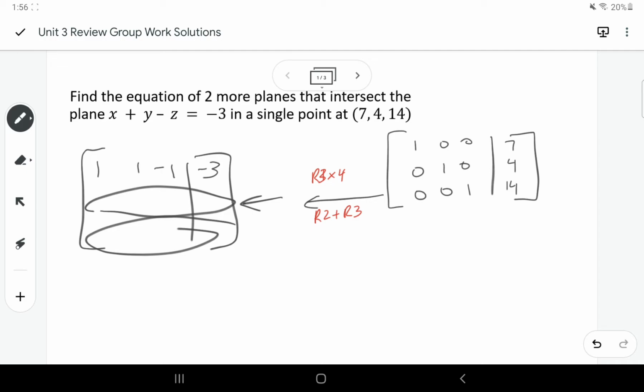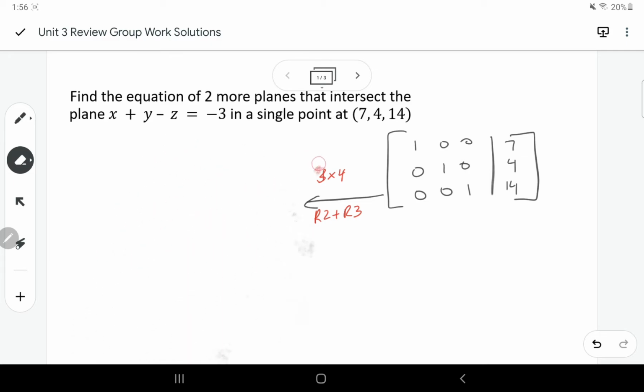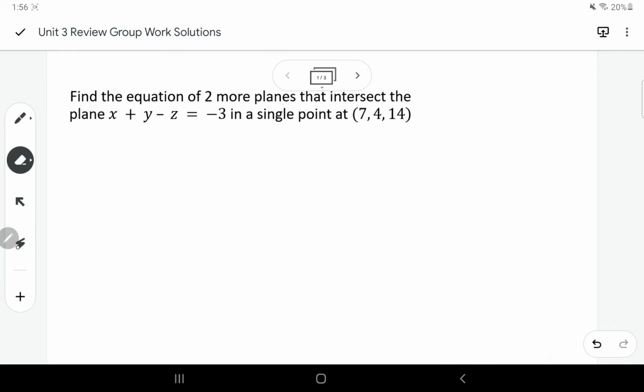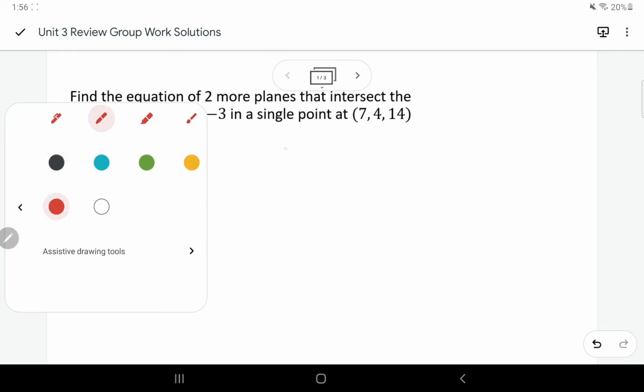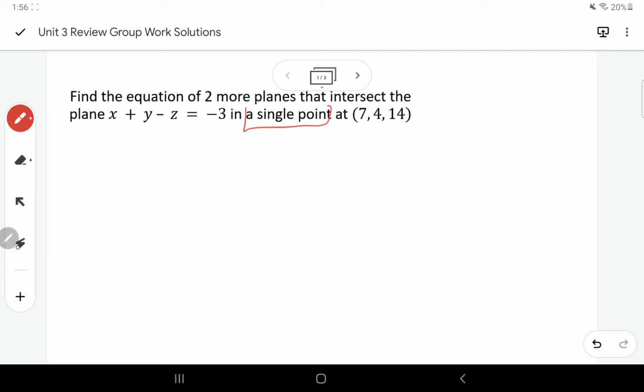I think it's personally a lot easier to plan it this way: what would I know if I had 3 planes that intersect in a single point? Here, if they intersect in a single point, I know that's case number 8, and I would know that n1 dot n2 cross n3 would not equal 0. I could do that test, and